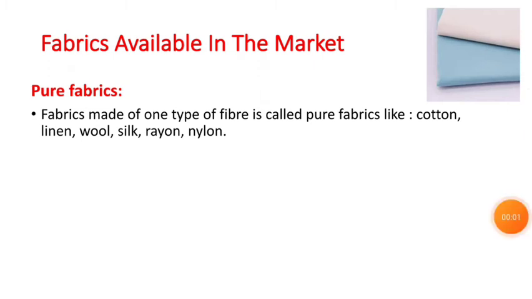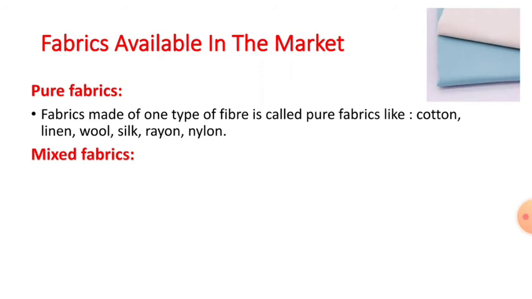But the variety of pure fabrics available in the market depends upon the variety of fiber. For example, different types of cotton seeds yield different qualities of cotton, therefore having a little bit different properties. Second example is silk. It is also available in a large number of varieties. For example, khadi silk, raw silk, tussar silk, etc. Depending upon the silkworm producing the fiber and the conditions under which it is getting processed.